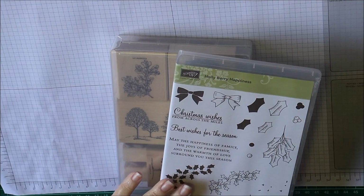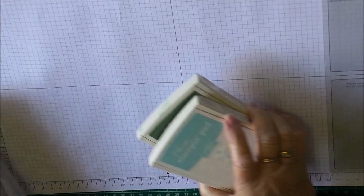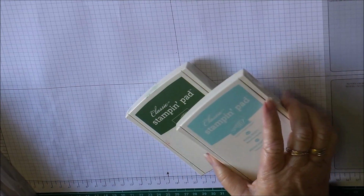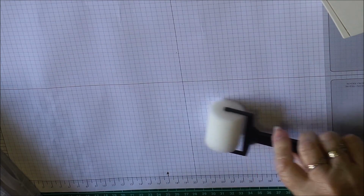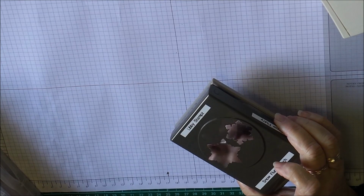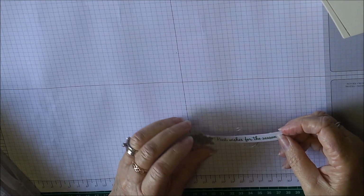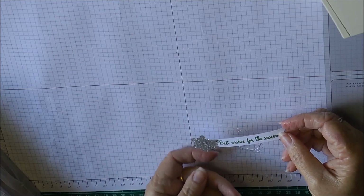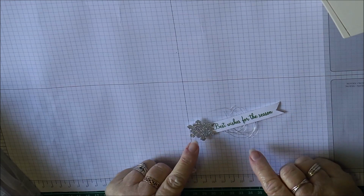Hollyberry Happiness for my stamp sets, Pool Party and Garden Green for my inks, a brayer, the new sponge Brayers, the Snow Flurry Punch, and I've already made the tag or the greeting that's going to go on the card, and I've